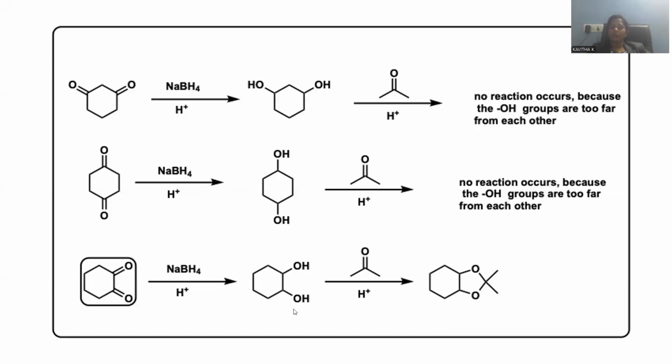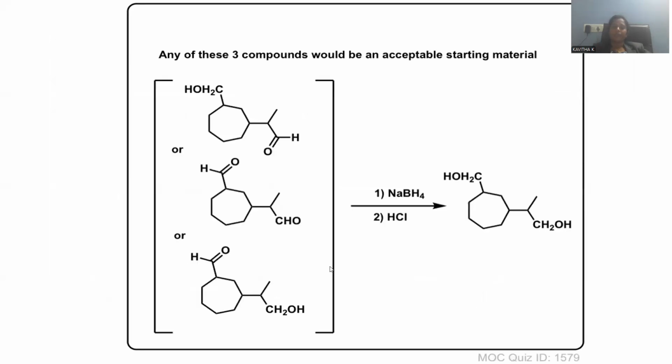That is because both are in such a way that they release water as a byproduct and are able to generate a new cyclic ring formation, right? So this is the way protection is possible further. In order to achieve this, both should be in a suitable position. 1,4, no reactivity, no protection. 1,3, no reaction. 1,2, yes, there is a reaction for the protection.